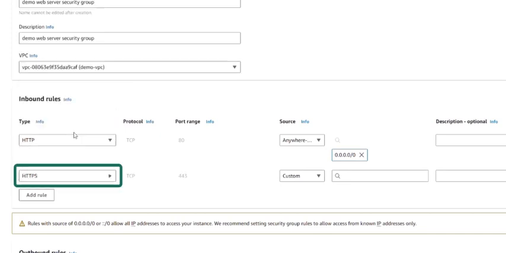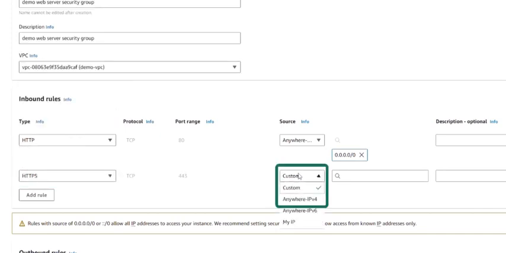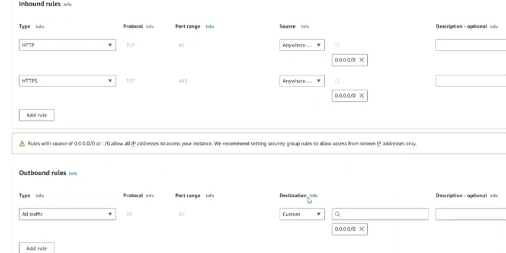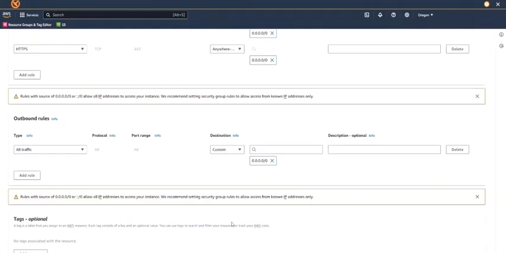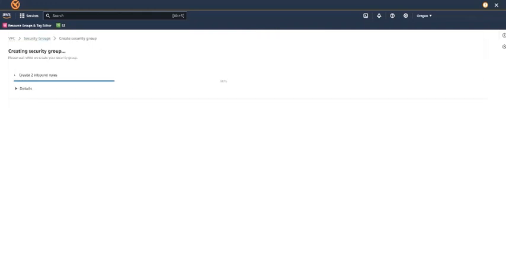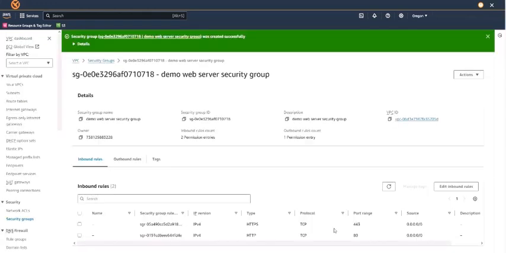Remember, we are making another rule for HTTPS, so we put anywhere IPv4 for HTTPS as well, that should be adequate. So let's create our security group.